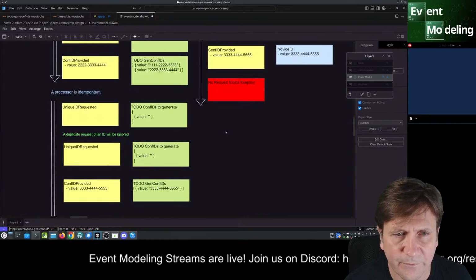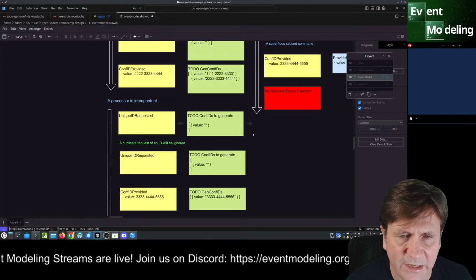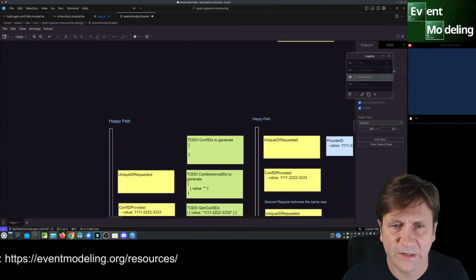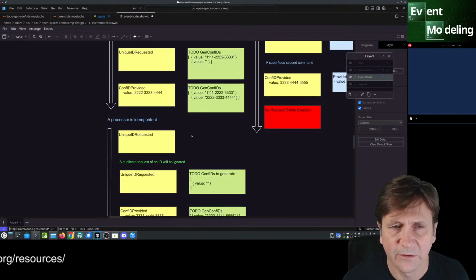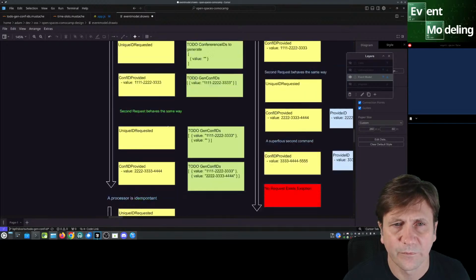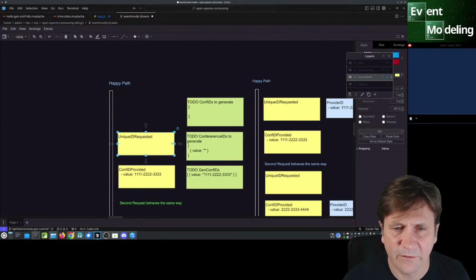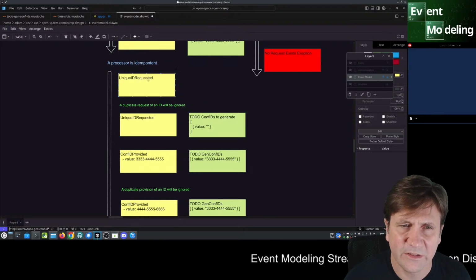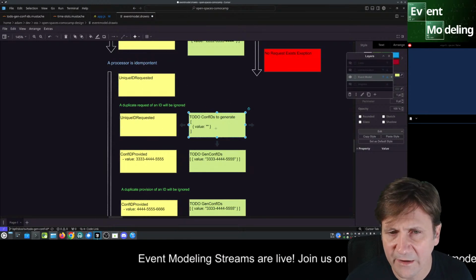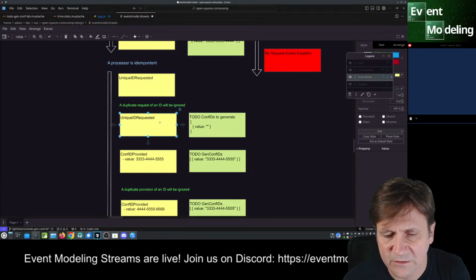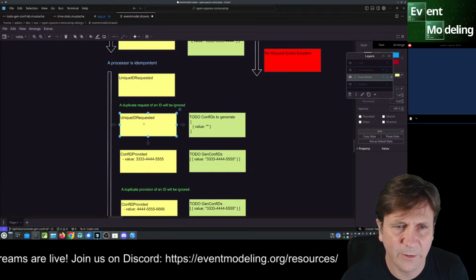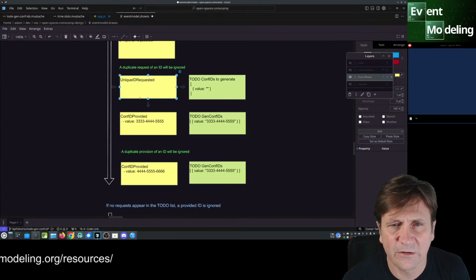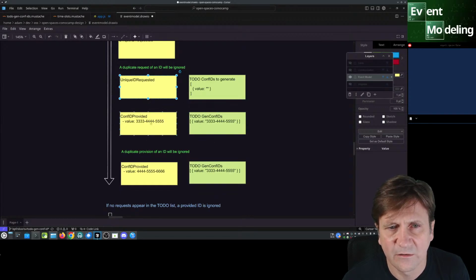All right, so processor is idempotent. So we do not need to test this. We know that was tested here. What is the default? When we have this first one, when we have a request, we know that's from the happy path. We have that. But what we don't have is that we still have just one, even though we had two requests. So they have to be intertwined. The requests and the provision of an ID have to be intertwined. So we test that.